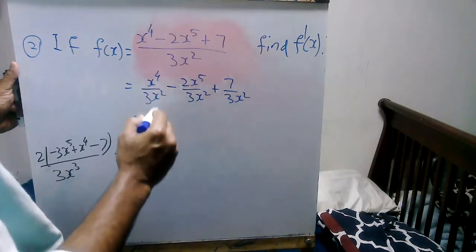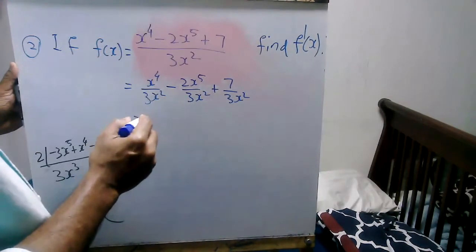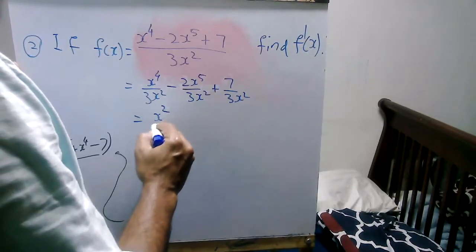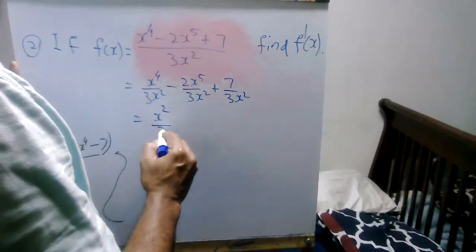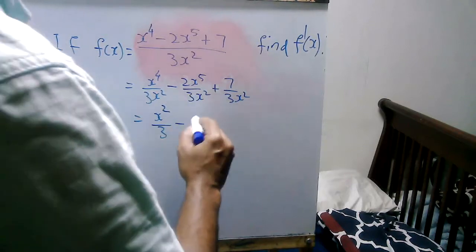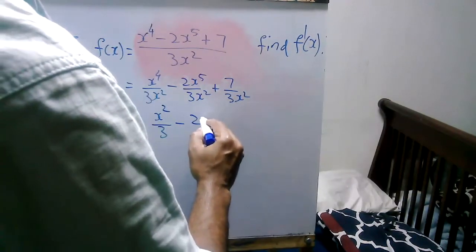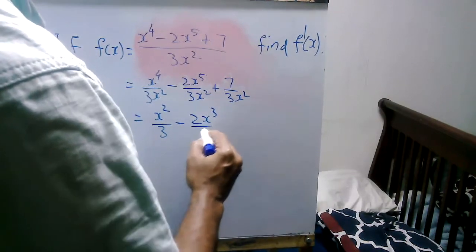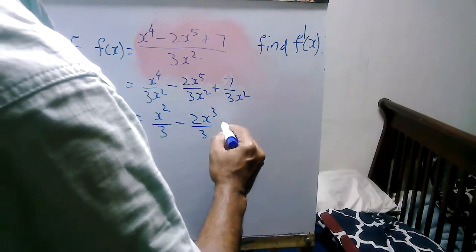When we divide, we subtract exponents. This is x square over 3 minus 2x to the power 5 minus 2 is 3 divided by 3